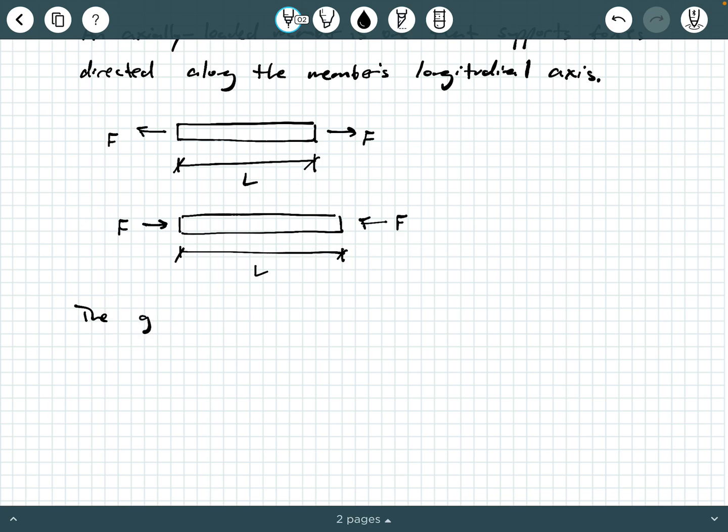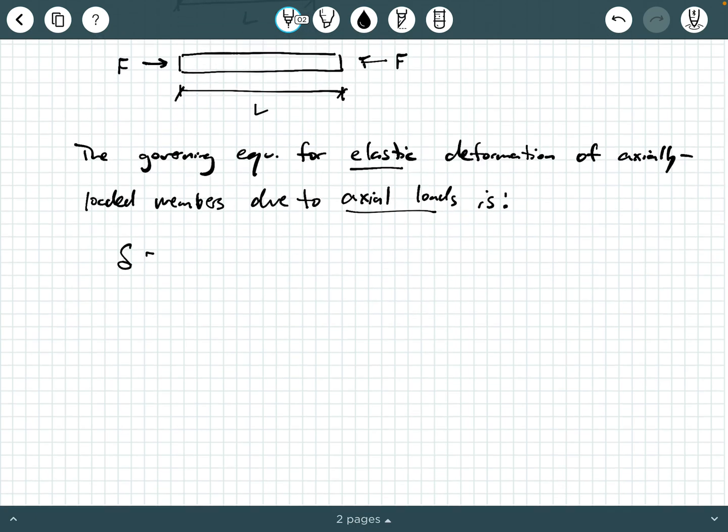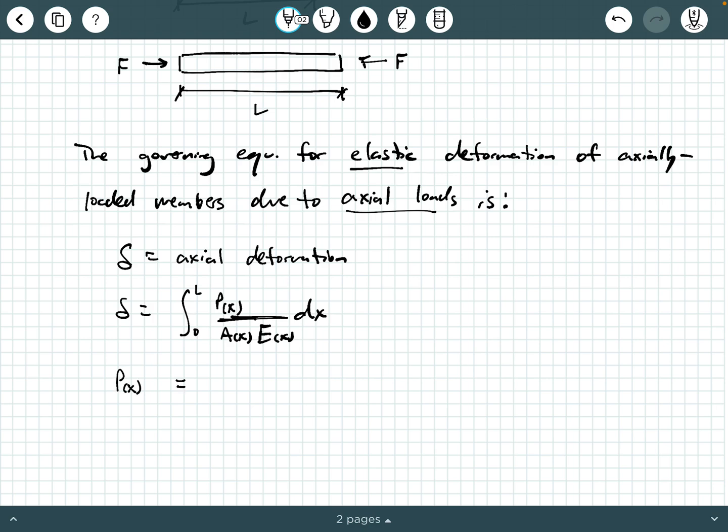So the governing equation for elastic deformation of axially loaded members due to axial loads is given as the following. We have delta, which is our deformation. This is our axial deformation, and in general that can be written as the integral from 0 to L, P as a function of x over A as a function of x, E as a function of x, dx, okay? Where P as a function of x is the internal